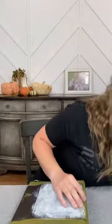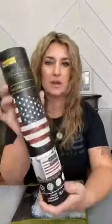So I brought both of them out. They are the American, let's see. The big flag one is the America transfer. And then I think the other one's called American flag, but I will double check on that. I didn't have the tube,